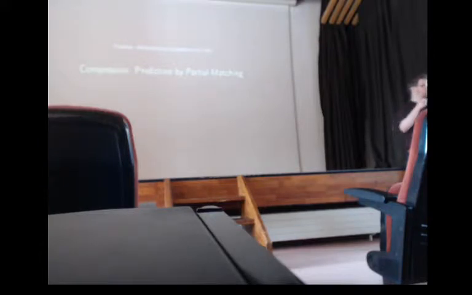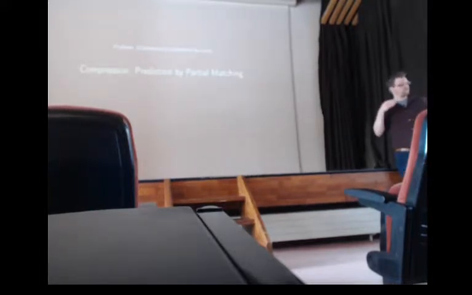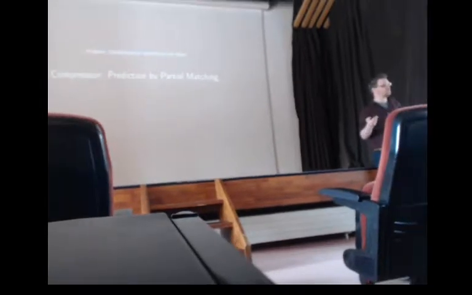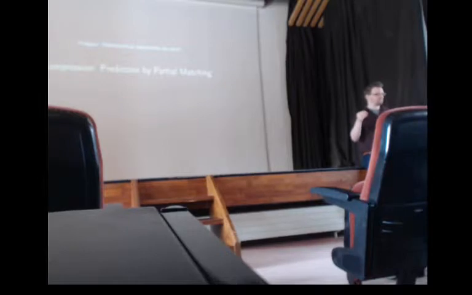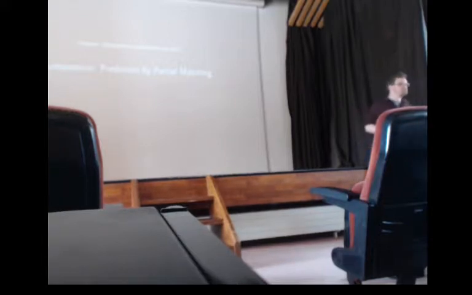And then you update your model with the bit you've seen in order to try to predict the next bit better. And you again try to predict the next bit, and if it's wrong, you put it in. If it's not wrong, you leave it out. And what you end up with is basically a partial string of the input. And then when you want to decompress, you do exactly the same process. You start with an empty model, try to predict the first bit. If you're wrong, then the bit will already be in the compressed string, right? Because during compression you were also wrong. And then you update your model and you go on and you're able to completely reconstruct the string. And the nice thing about this is that you don't have some huge constant overhead. So we can compress small things without losing our resolution in some overhead or some stupid dictionary,